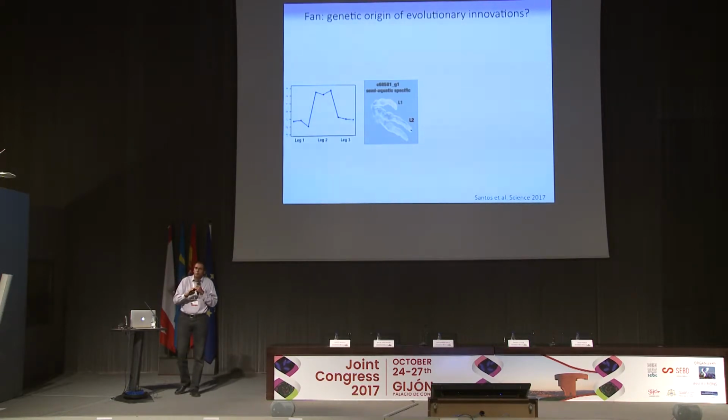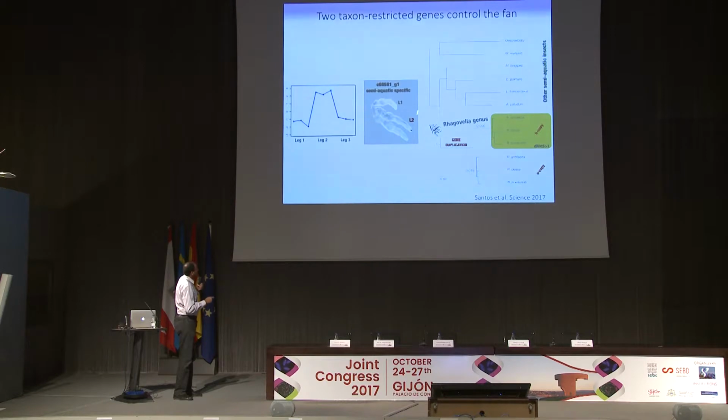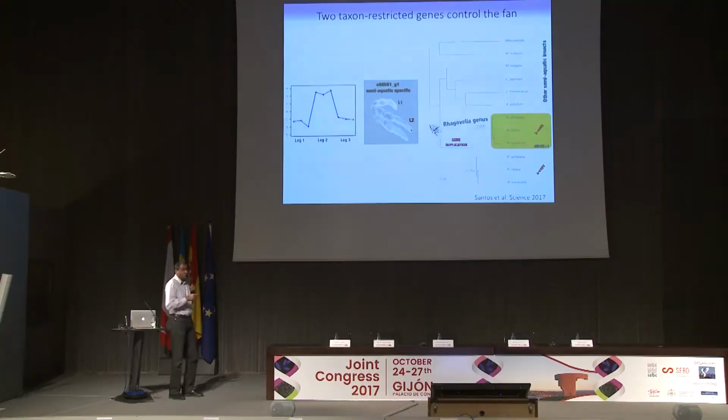Here I'm only showing the ones that are expressed only in this cell population and nowhere else in the leg. What was striking to us is that among the 5 genes that show this pattern, 3 of them are quite well known. One of them is the gene yellow, which is known to be important for cuticle formation and for pigmentation in the cuticle. That was not surprising for us. Two of them were cuticular protein genes. That also is not surprising because the fan is primarily a cuticular structure. But 2 of those genes were not known before. When we looked closer, they were actually paralogs.